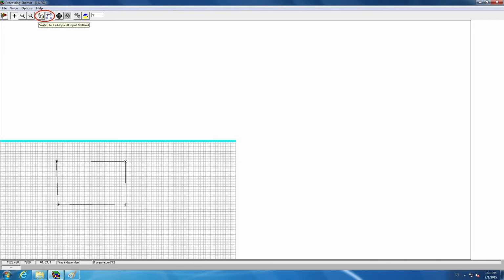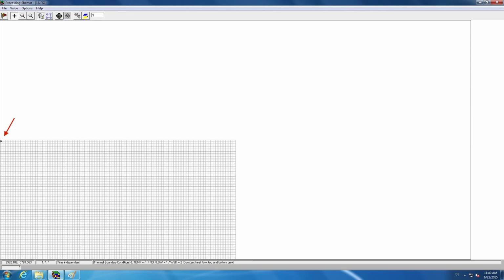Then you are free to return to the cell-by-cell input mode, to switch on the duplication mode, and copy values in the cell-by-cell input mode. Now return to the main heat menu for completing the other entries. Start by clicking Boundary Conditions, after which the grid editor opens, the cursor being placed in the top left corner